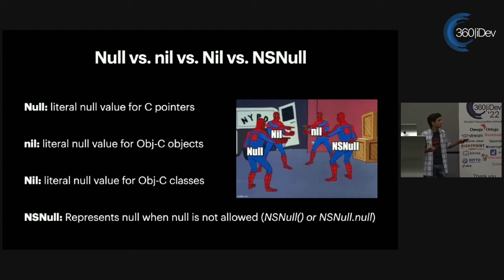See, null is because of our C ancestry. We had support for all of these pointers, and now that we're getting rid of the need for pointers in Swift, you still have that null type where it's not commonly used, but if you're dealing with legacy code, you need access to the entire toolkit when you're dealing with pointers, and that means that you need your capital null. You have your lowercase nil. This is our favorite little version of nothing. And I'm sure all of you are used to that.